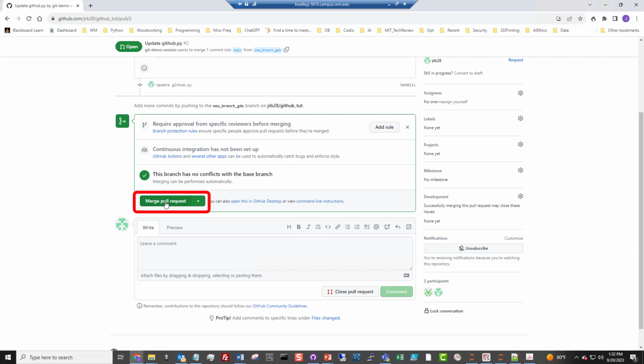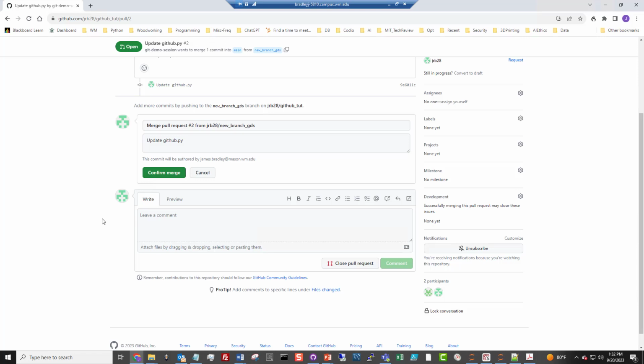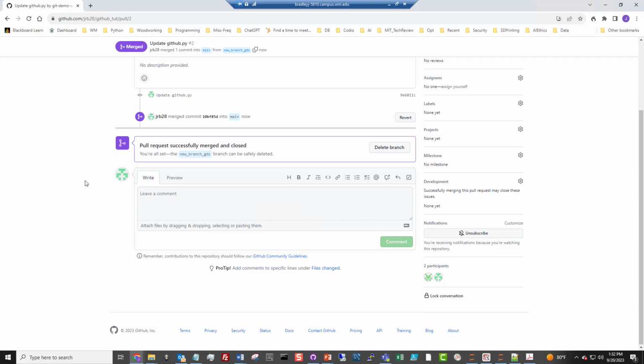So you should do a bunch of checks usually. I'm not going to do those here just to demonstrate the process. So I'm going to click on this button, Merge Pull Request, and I have to click on Confirm Merge, basically to say, are you really sure? If I wanted to, I could leave a message up here. I'm not going to do that in this demo, and I'm going to instead directly click on Confirm Merge. At this point, the branch